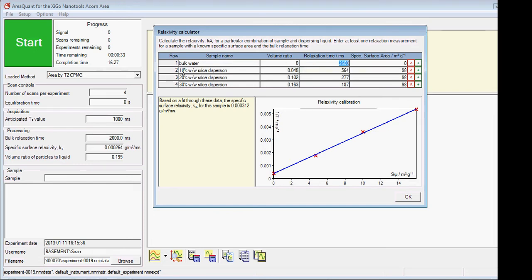Then in addition, I need at least one data point for the dispersion. In this illustration, we have 3 separate concentrations of the dispersion. And the reason why we do that is simple. We're looking to make sure that the response with respect to increasing surface area and particle concentration and relaxation time is linear. If we see systematic deviations, that allows us to determine the optimum area across which we want to